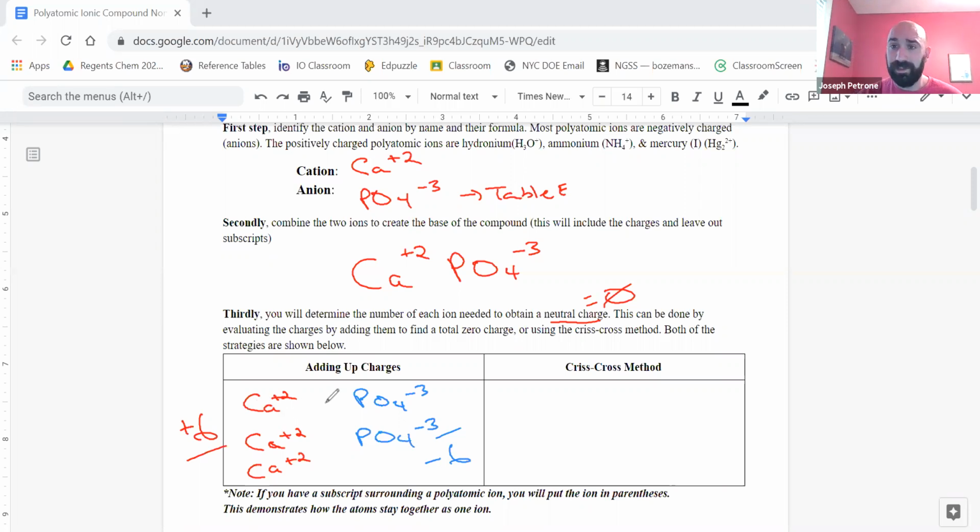So what this says is that the crystal formula for this ionic compound consists of 3 calcium ions for every 2 phosphate ions. So much like we did with other compounds, we would write those using subscripts. I'm going to go over that in just a bit. I want to go through this crisscross method first, and you'll see there's a reason why I'm going over that afterwards. But just to restate, we're going to have